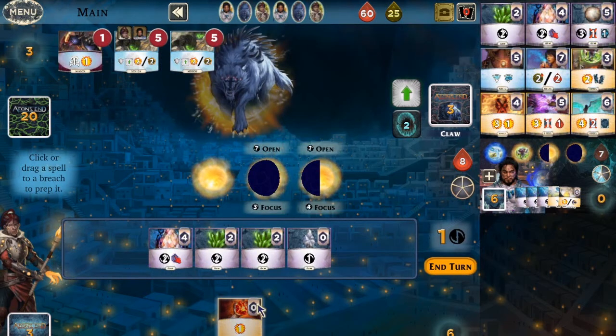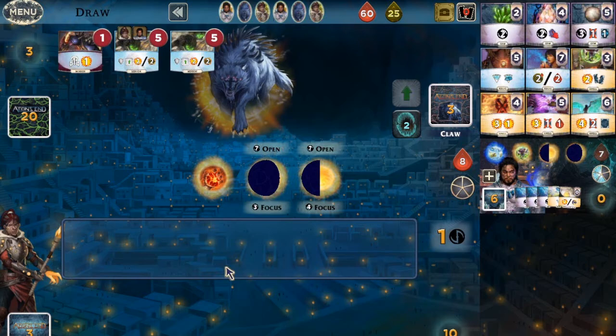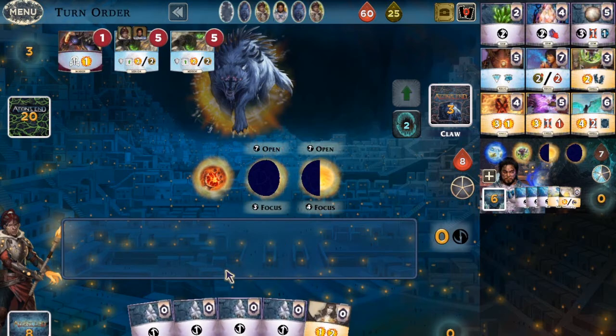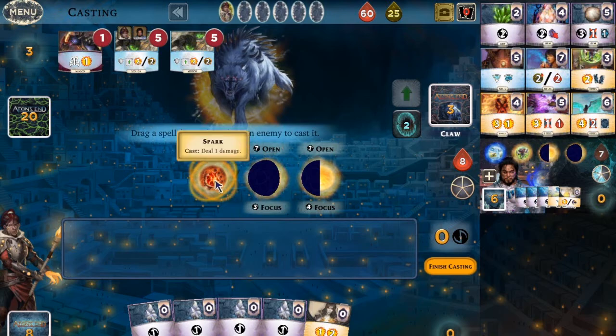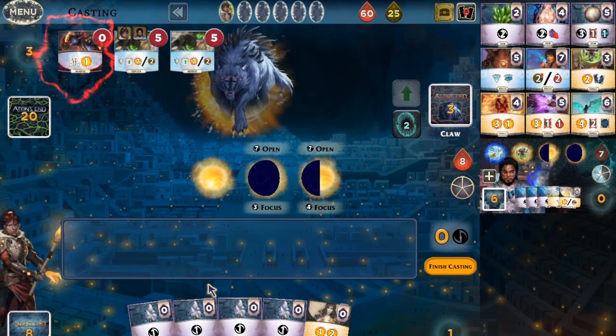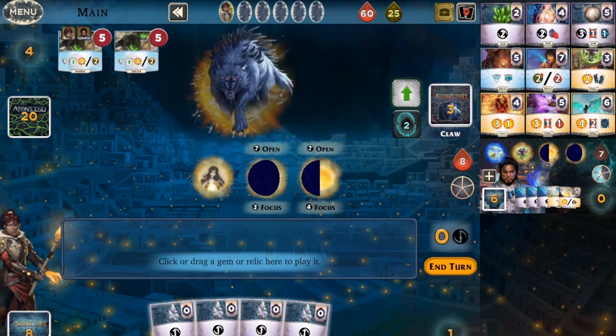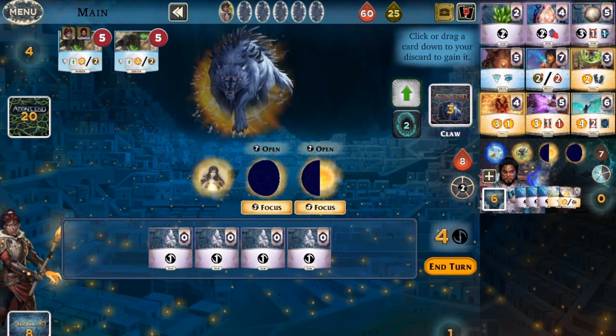Yeah. Unfortunately, there's going to be one that's going to go to waste, but I can't do anything about that. There we go. And she gets to go again. Oh, actually, let's get rid of that thing first, since that's going to be a bit of a pain for us. Let's see. We want to start to...